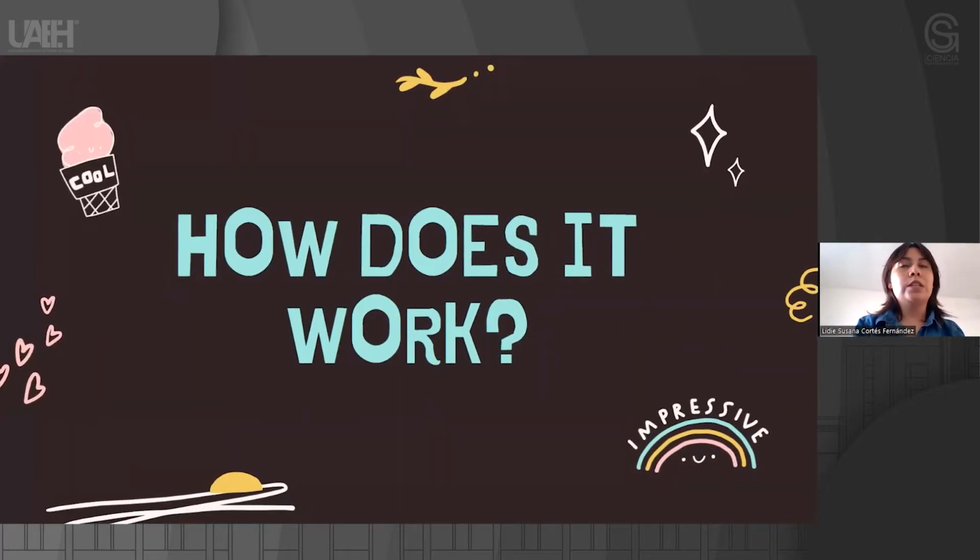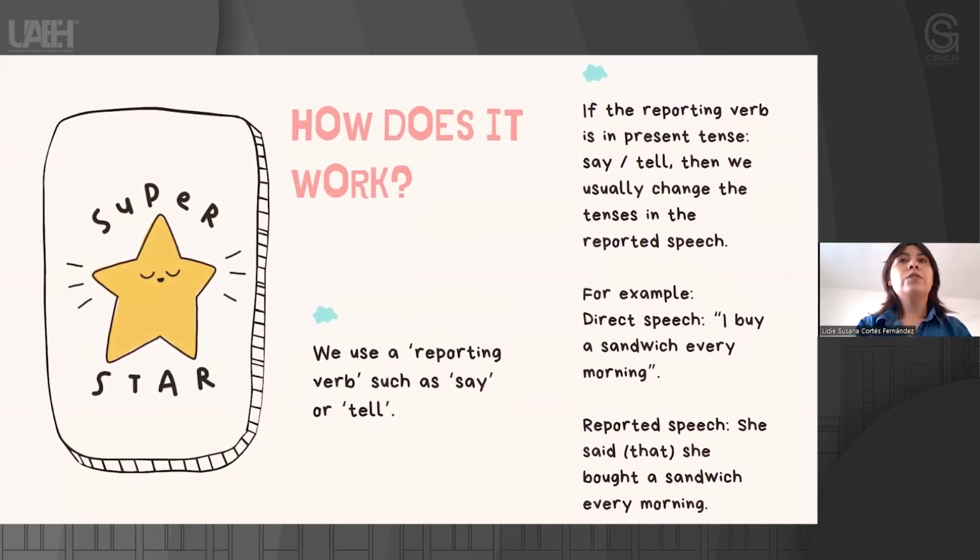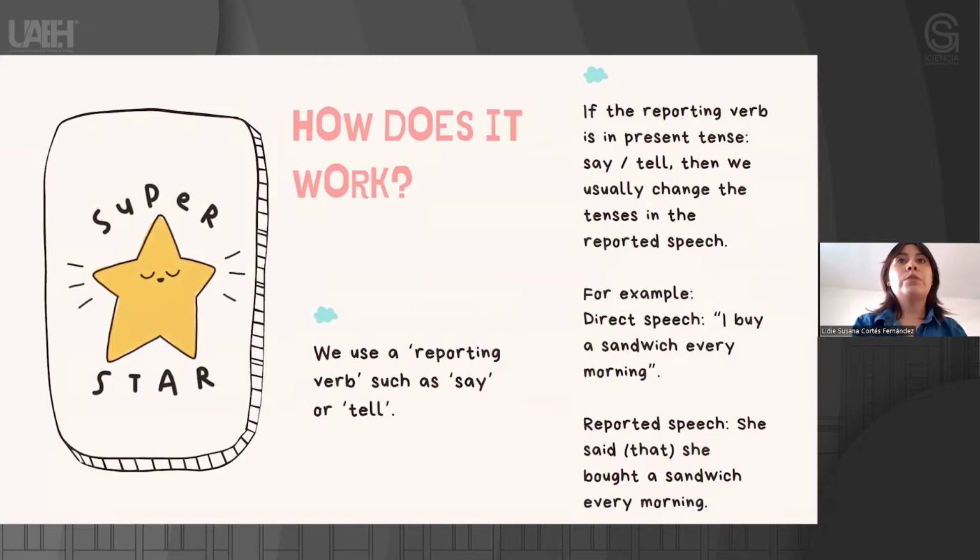So how does this work? Well, first of all, when we talk about reported speech, we use two verbs, say or tell. If the reporting verb is in present tense, say or tell, then we usually change the tenses in the reported speech. For example, in the direct speech, the sentence says, "I buy a sandwich every morning."